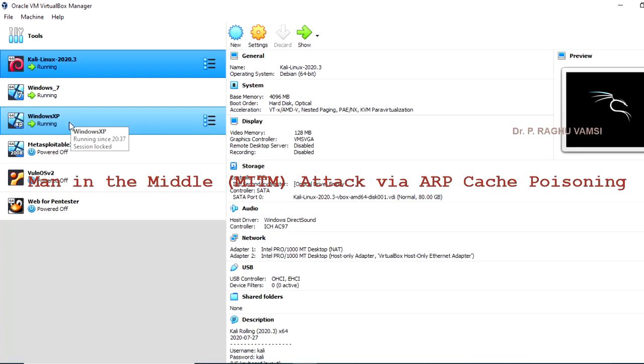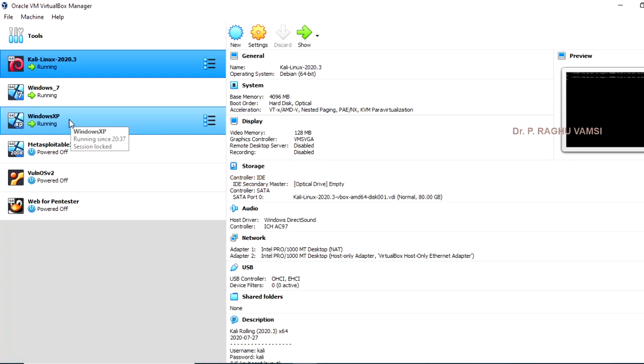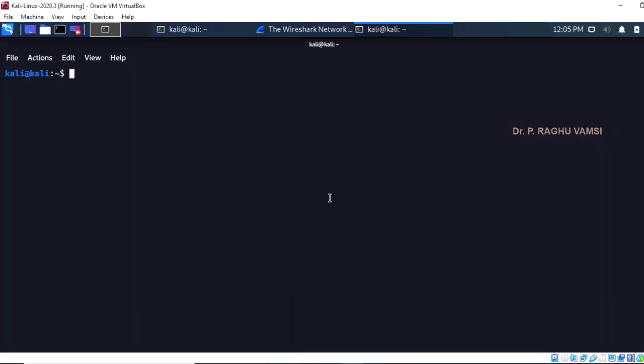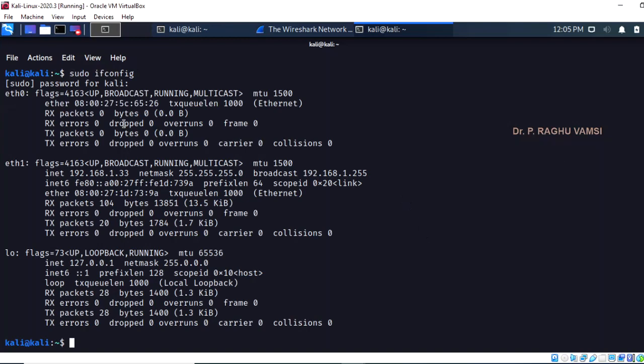First of all, we need to throw some traffic onto the network, and then from the Kali Linux, capture the traffic and see how the traffic is going on. For that, we'll use a simple ping command from the Windows 7 or Windows XP. Before that, first of all, we'll see how many Ethernets are attached to the Kali Linux. For that, sudo ifconfig. So Ethernet 0 is for the NAT address, whereas in case of Ethernet 1